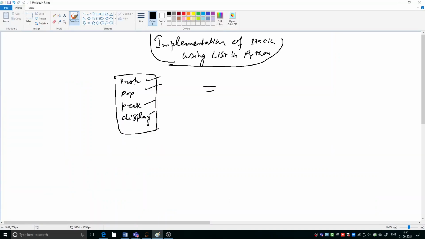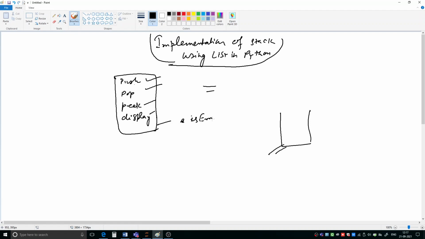For example, suppose your stack is like this. At present, no element is there. So if you are trying to pop an element from the empty stack, then accordingly a message should be displayed that no element is there, so popping is not possible. Okay, so another operation we can write here, checking whether the stack is empty or not. So an is empty function can be there.